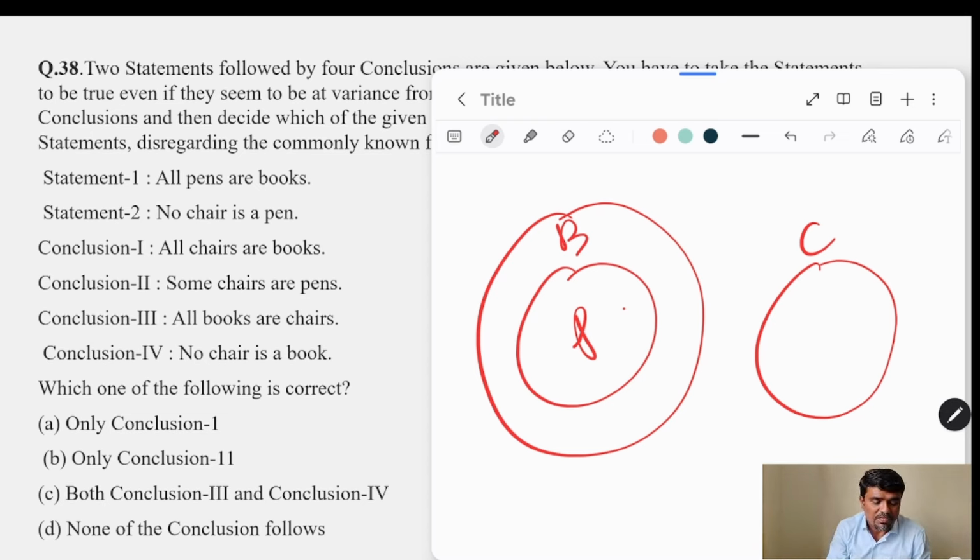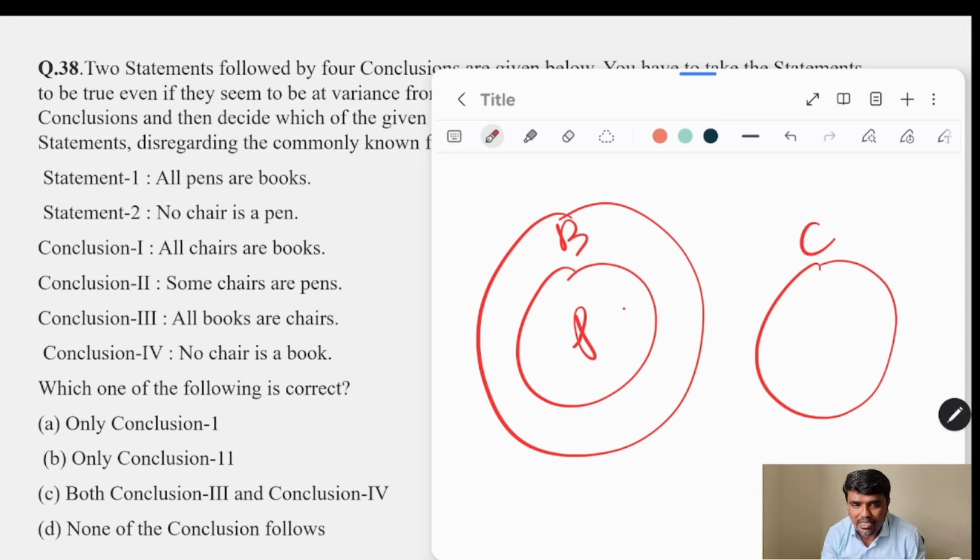First of all, no chair is a pen is clearly mentioned, so "some chairs are pens" is not correct. So the second is also eliminated. "All books are chairs" is not possible at all. "No chair is a book"